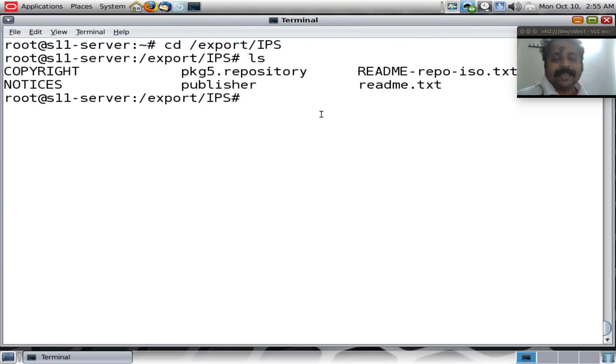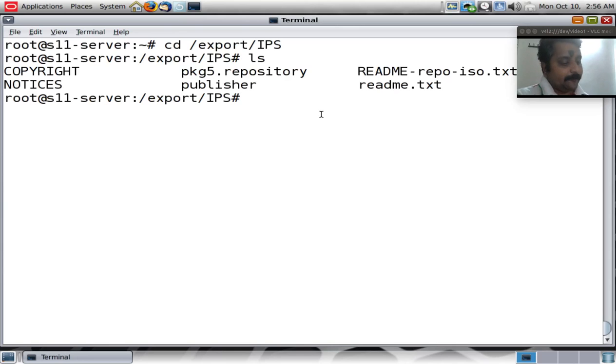But then when the clients contact the Image Packaging System repository, the repository should be running a service so that it can respond to the requests coming in from the clients. We already had a look at Service Management Facility briefly in another episode of Solaris 11, and we know that we could list all the services by using the svcs command.